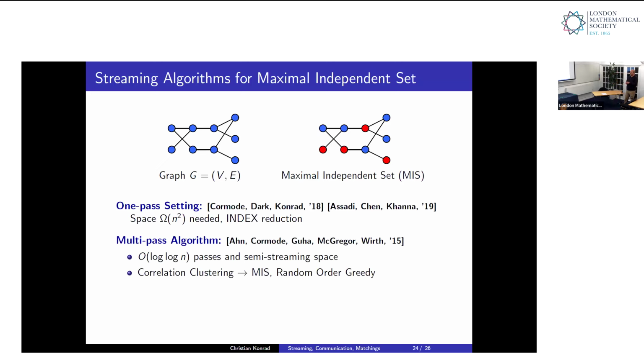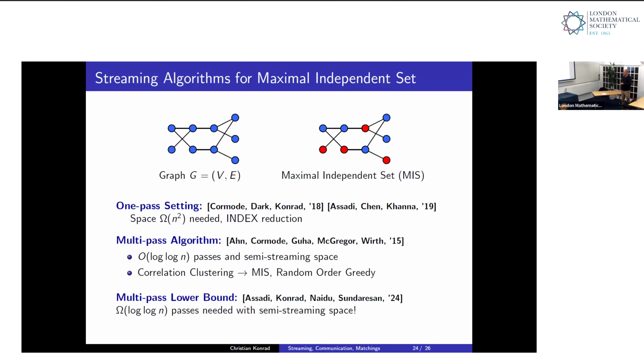Now, we know that there are very good algorithms that run in only log n passes, but use n log n and polylog n space for computing a maximal independent set. And very recently, we proved that this is actually best possible. We proved that if we have n polylog n space, then we indeed need log n passes to compute a maximal independent set. So this is essentially a lower bound for multipass algorithms that shows that log n passes are necessary. The reason I bring this up is because if we combine essentially this work here down here, this log